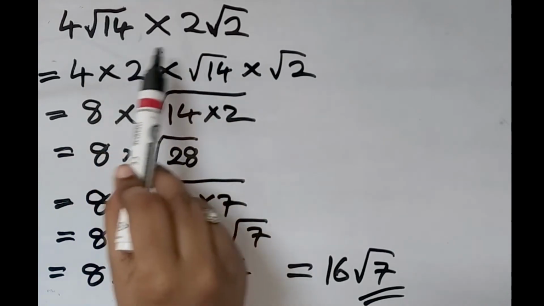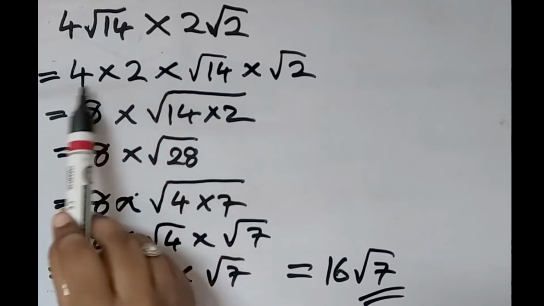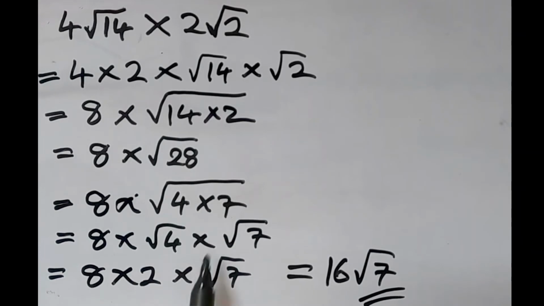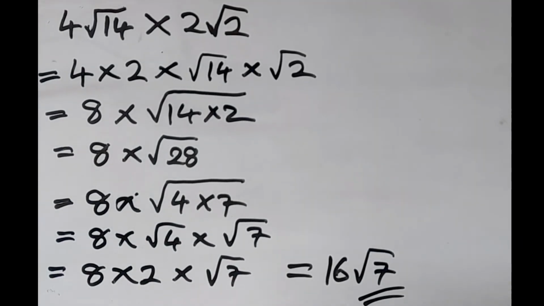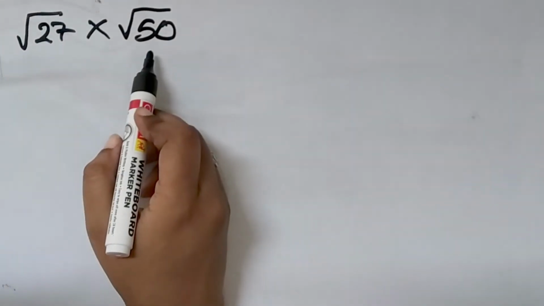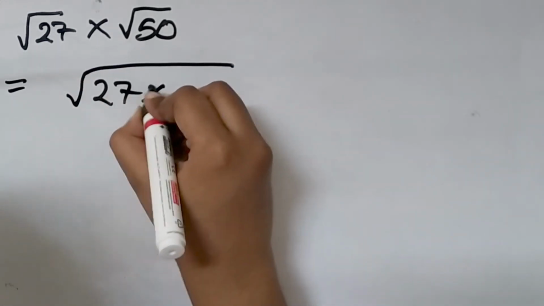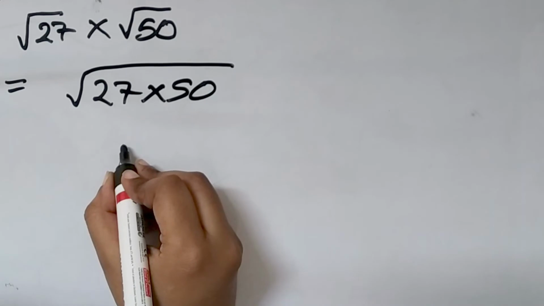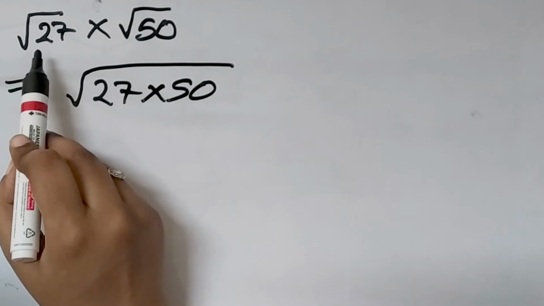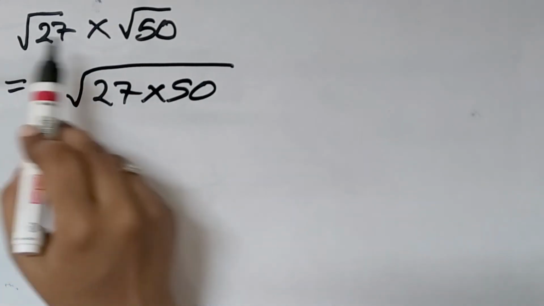Okay. So whenever we have such type of problems, the number which is there outside the square root we will multiply separately, and the number which is there inside the square root, that we will multiply separately, and after multiplication we will get this final answer. Now see this problem, square root of 27 into square root of 50. See this you can directly do it as 27 into 50 and we can get the answer. But see the calculation is very big. Okay. So what we can do, see root 27 and root 50 we can simplify. So instead of doing it like this, first we will simplify and then we will solve.